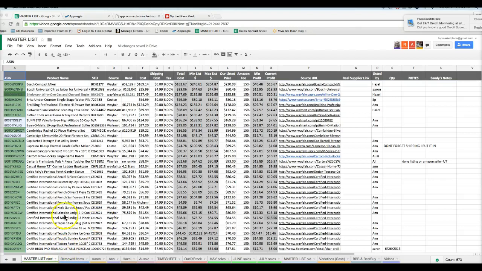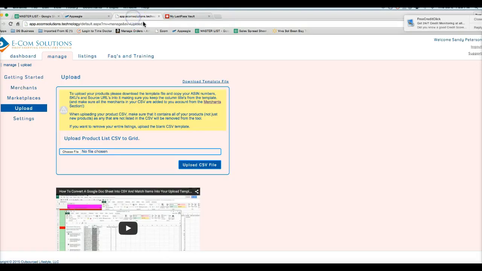Okay, so we're going to learn today how to upload information from the master sheet to ecom and then from ecom to Appeagle. So the first thing that we're going to want to do is get the template from ecom that we're going to use to download the information from the master sheet. So if you go to ecom and go to manage and then go to uploads, you can download the template,